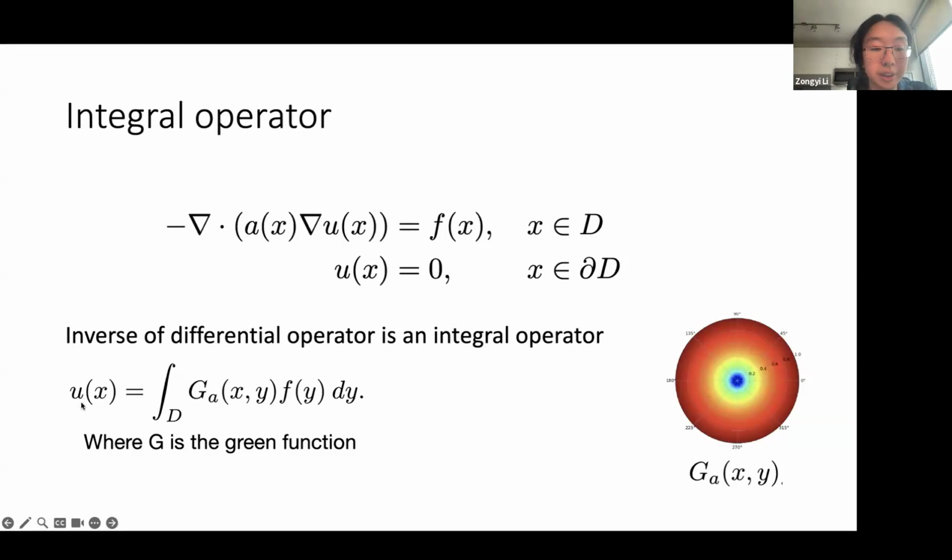We can write out the solution U as an integration of kernel G, or Green's function G, with a force function F. When G is a simple case, with easy boundaries, sometimes we can write out Green's functions in an analytical formula, but in general, we don't know that. So the key idea is to use the integral formulations or the fundamental solution formulations to solve differential equations.